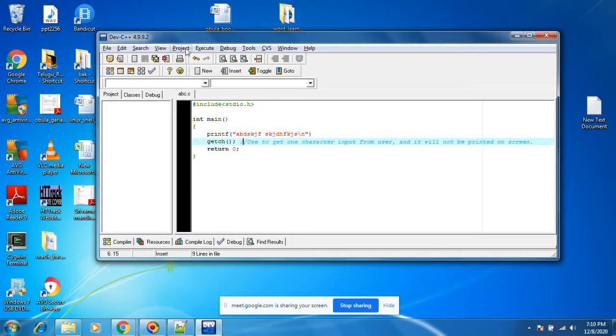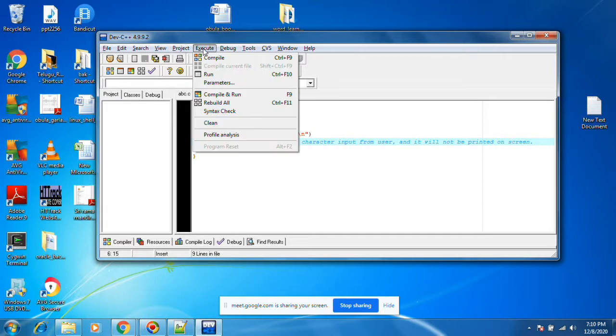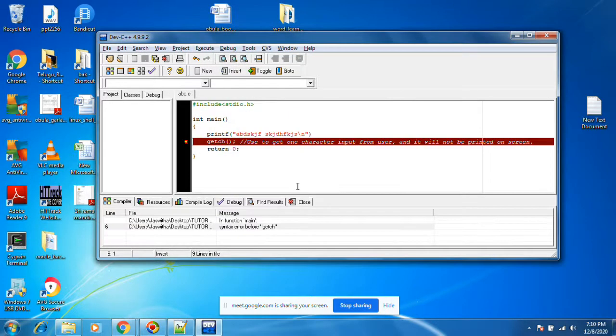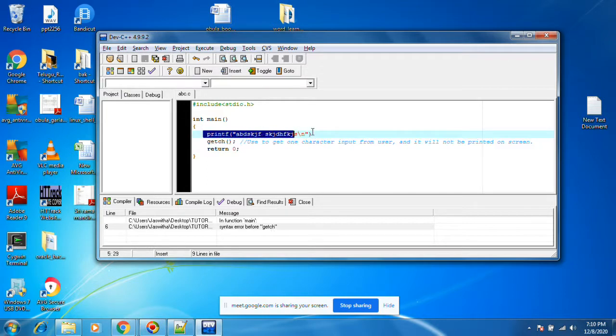And then execute, compile. You see compiler errors. It is erroring out here. Maybe in the main function, syntax error before getch. Before getch means this line has some error. We need to identify what the error is. We need to identify the semicolon.